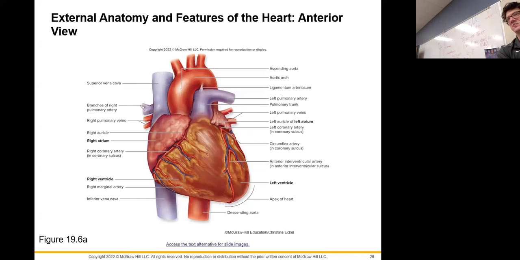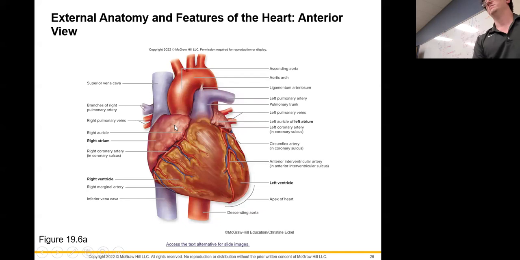Interventricular tells us it's between the what's? Between the ventricles. And artery tells us it's going to be the red one. Okay, so the anterior interventricular artery is going to be found right here, and that's what's going to allow us to see the separation between our right and left ventricles, where this kind of big point right here is the